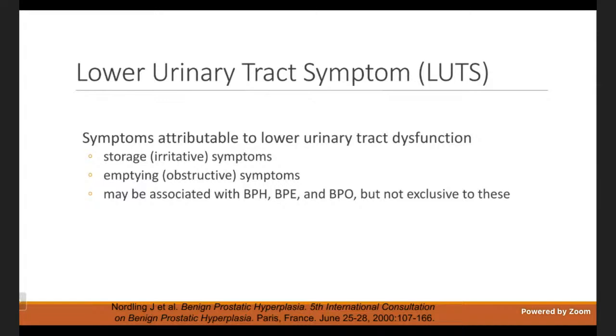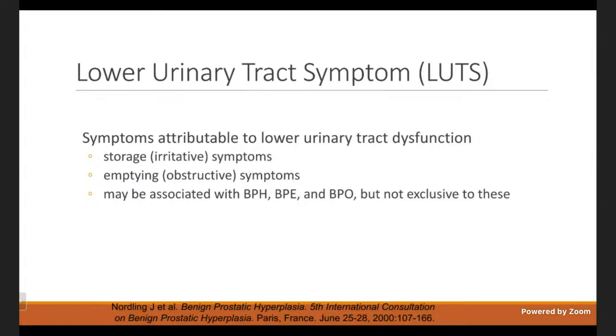One is storage symptoms or irritative symptoms. The storage or irritative symptoms usually include frequency, urgency, and nocturia. The other set is called emptying symptoms or voiding symptoms or obstructive symptoms, where you have poor stream, intermittent stream, straining to void, and sensation of incomplete emptying. These are the seven classical symptoms which we usually assess in these patients and which can be attributable to benign